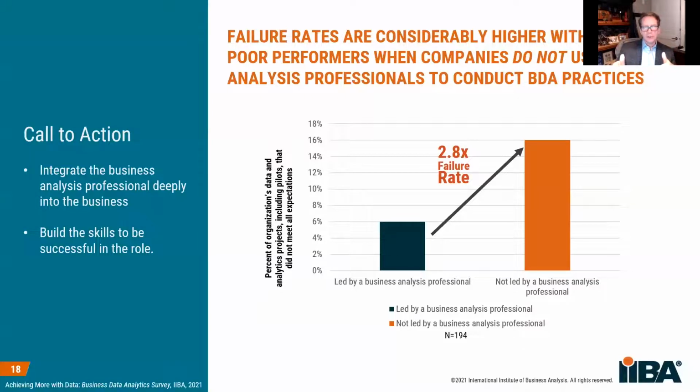These are critically important. What's happening here is the reason why there's such a high failure rate: people think data science can go and do this on their own. They throw a data science team out there and say, okay, guys, go add value to the business. Unfortunately, those poor people are set up for failure. It kills them, right? Because they don't have that understanding of the business, and they can't pull that into their projects, and they're peripheral to the business, and the business doesn't understand them, right? And what you want are awesome data science people, not necessarily awesome business analysts who are also data science people.